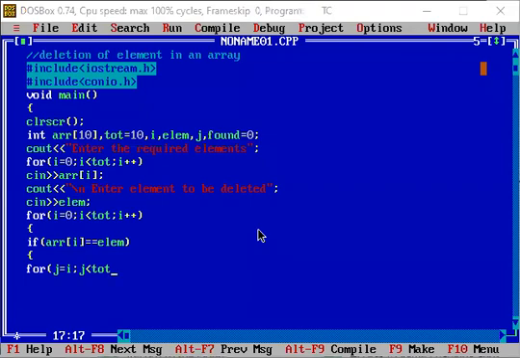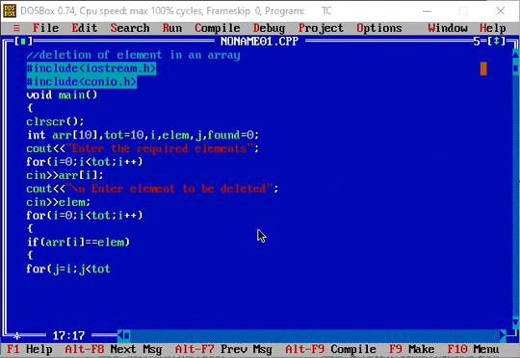So we have j equal to i. I will use this loop to delete that particular element from the array. I will assign the value of i to j, and j less than total minus 1.